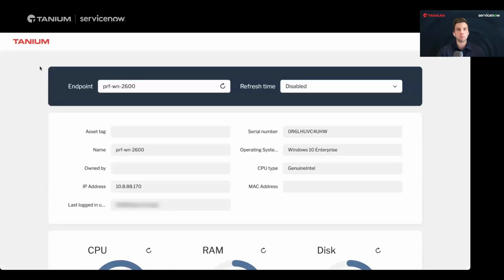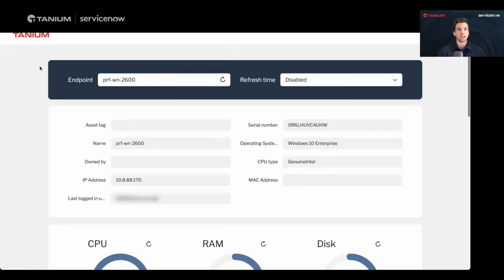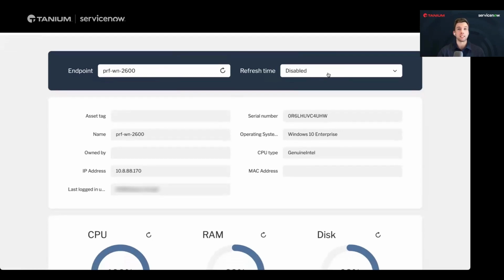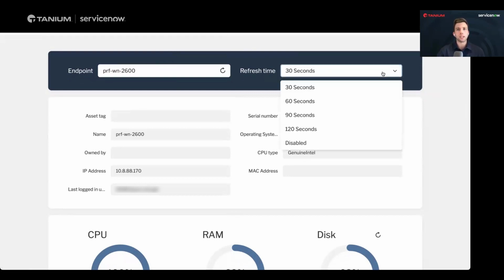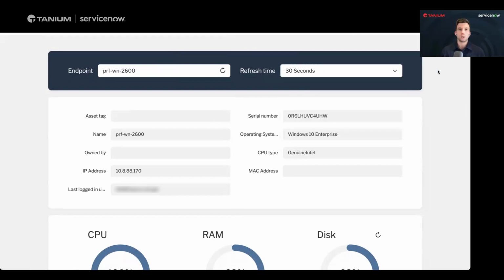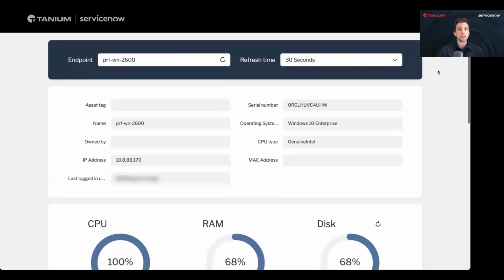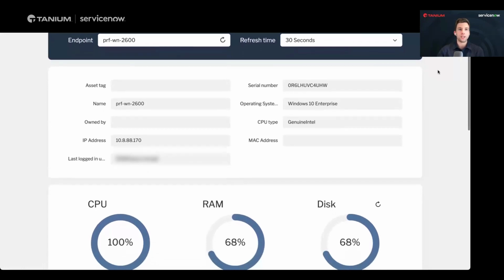In a new tab, but we're still in ServiceNow, we have established a direct connection to this endpoint. This is live data in here. So what I'm going to do is change the refresh time to 30 seconds. And I will note on here, you'll see 30, 60, 90, 120 seconds. Again, you have full control over this. So if you want to change the refresh times to a different value, you can configure those as options within that integration core SDK. So coming down here, we can see a bit of information about the name, the IP,